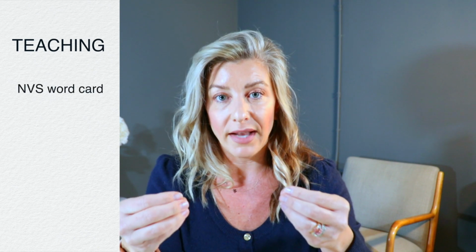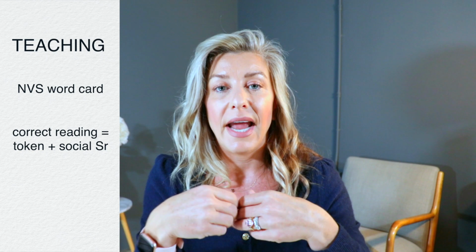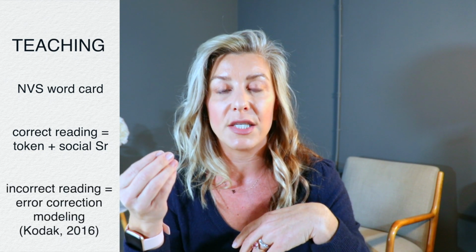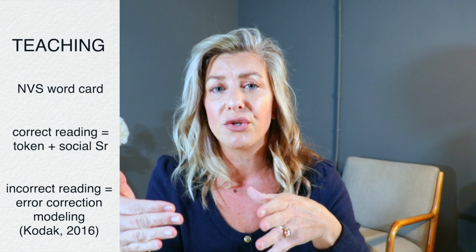probe, they then took the 3 words that were the target set, and they rotated the order of the words so that the client was receiving 9 trials. So they were going to get the set 3 different times. Then the word was presented. If the client read the word correctly, they had access to the token and social praise. And if they read the word incorrectly, the experimenter followed what they referred to as the modeling strategy outlined in